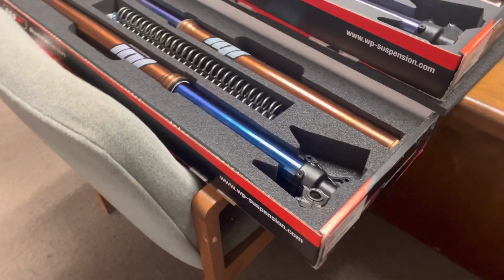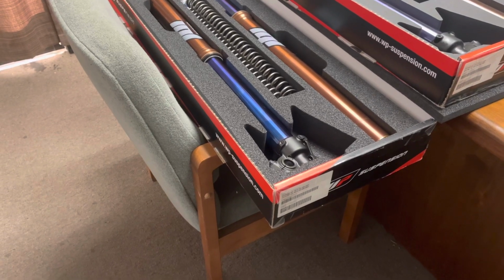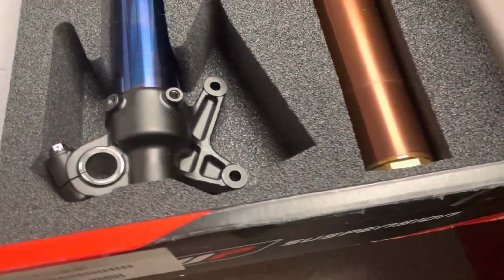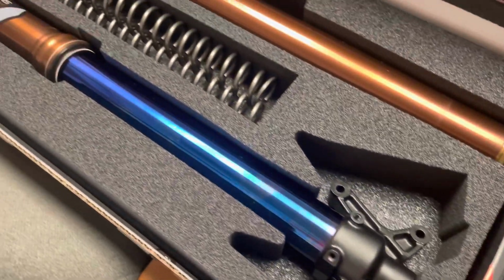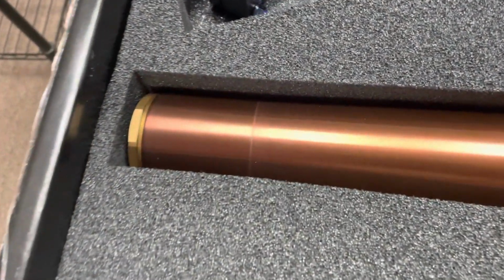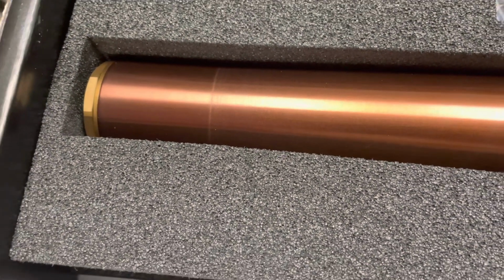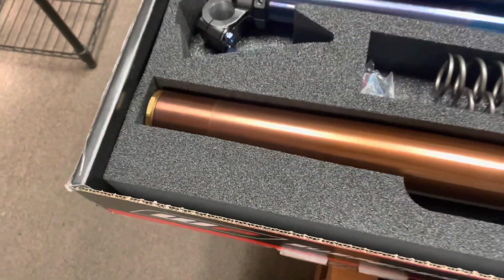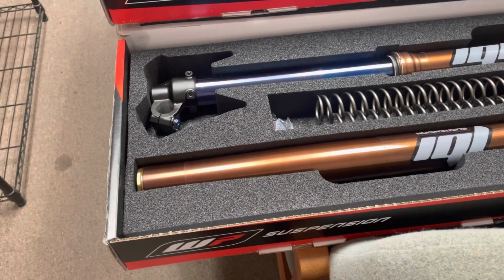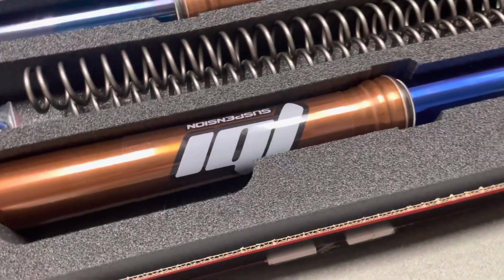And down here we have the Generation 2 KYB SSS twin chamber spring forks. Now, 2 of the key differences in these forks is the design of the plastic free piston. That is a component in the compression assembly located about right here. The free piston has been redesigned to be more durable, so it won't crack and fracture like it did on the previous models. It also features a vent hole as well,